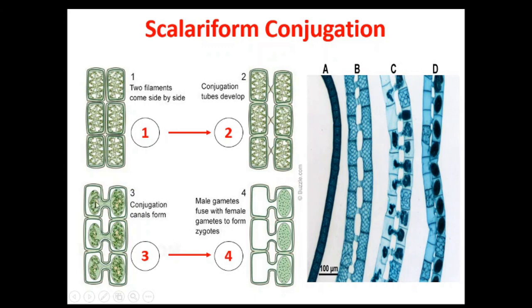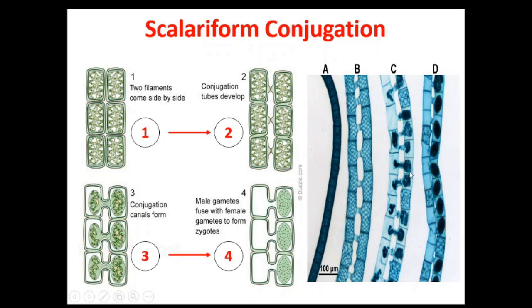Now after the cellular contents turn into masses, they behave as gametes. One of the gametes functions as the male gamete and the other as the female gamete. The gamete which functions as the male gamete passes through this conjugation tube and fuses with the female gamete. Fusion of the male gamete with the female gamete results in the formation of the zygospore. In this next image you can see the male gamete being passed through the conjugation tube and fusing with the female gamete, forming these zygospores.